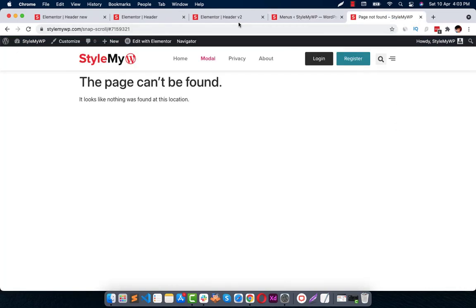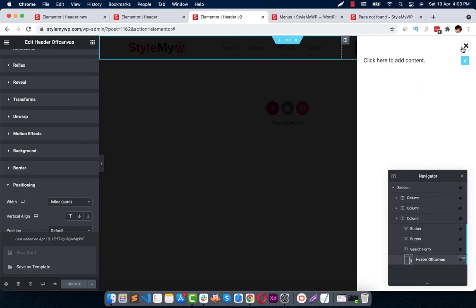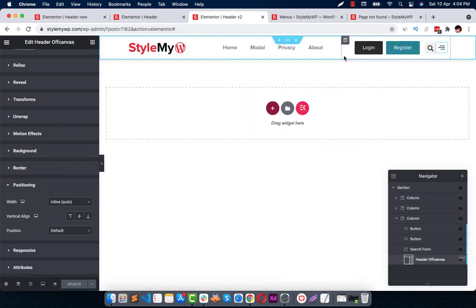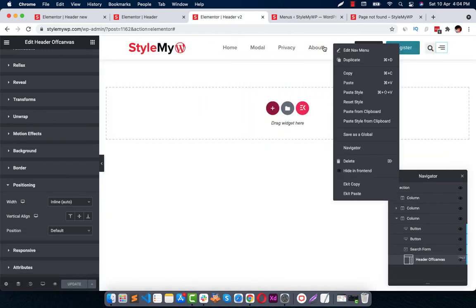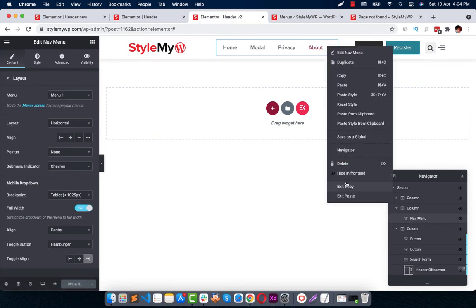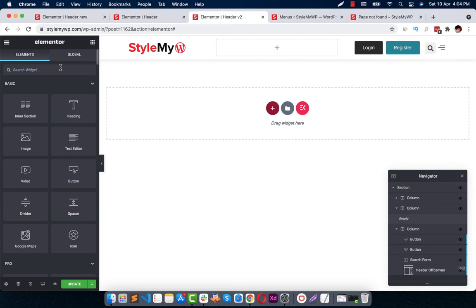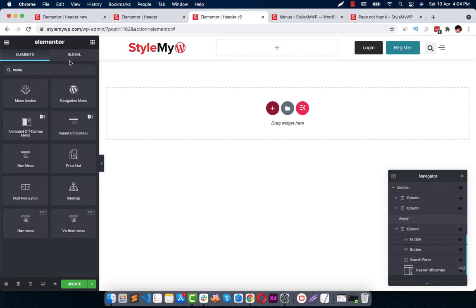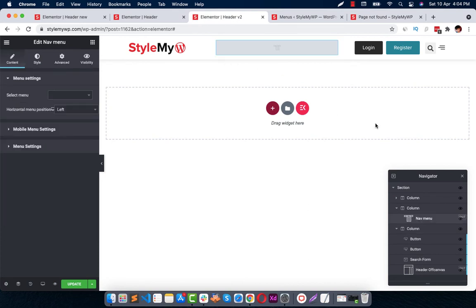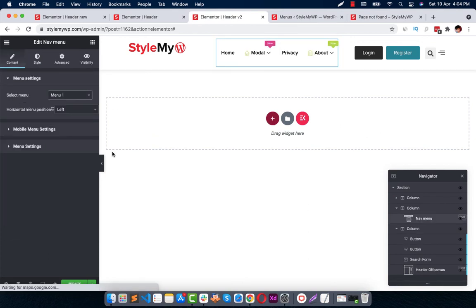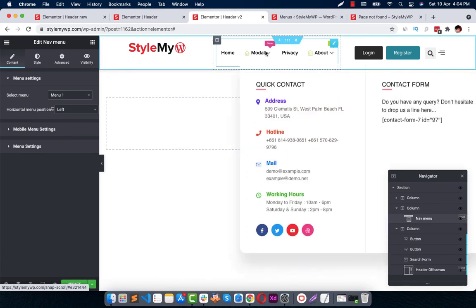So most probably the reason is that we are not using the right widget for navigation. To do this, just click on this widget and delete this, and search for menu from Elements Kit. Right here, choose the menu. Boom, now we got it.